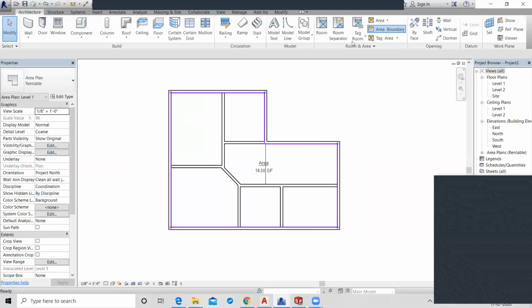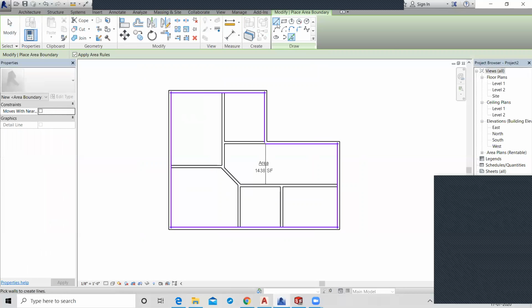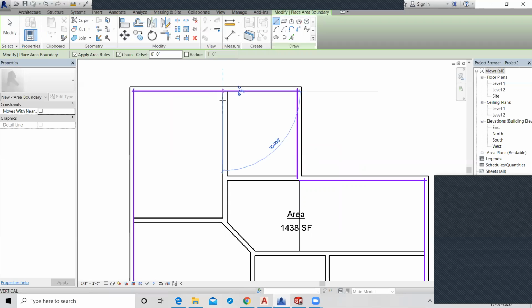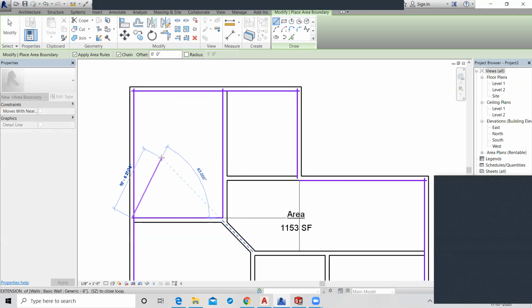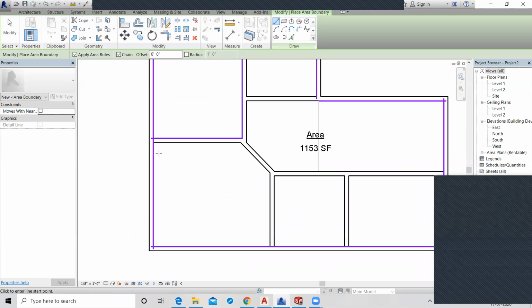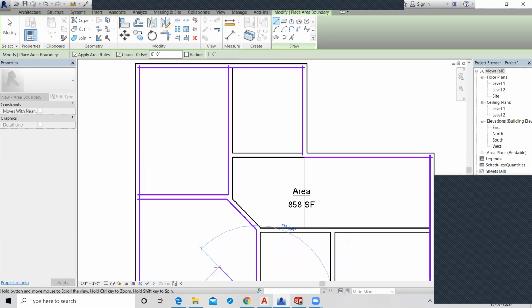You just take a line and draw an area boundary like this. You can enclose all the walls like this.